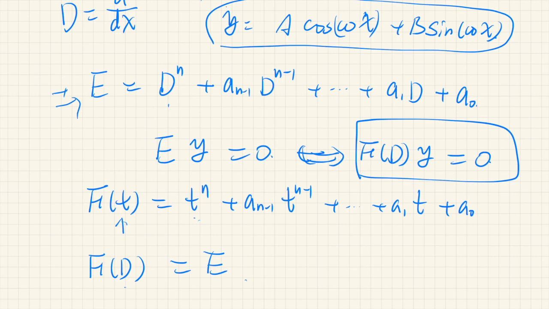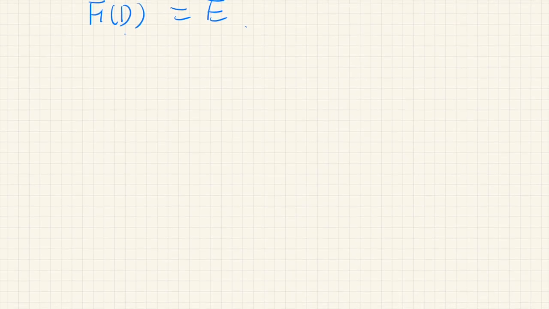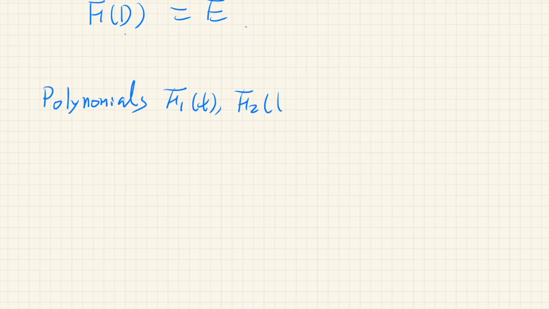At this point, let's make a little bit of a detour to study some properties of polynomial functions in general. First, we define the notion of relatively prime or coprime polynomials. So suppose we have two polynomials, f1 of t and f2 of t. We say they are relatively prime or coprime